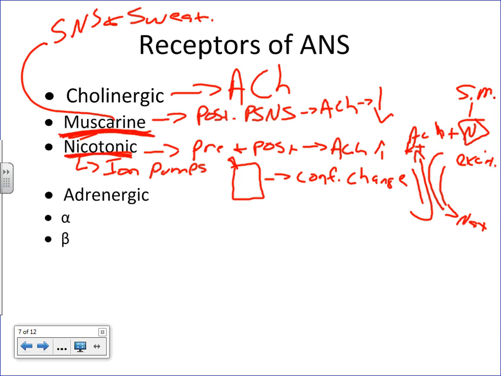All right, so the adrenergic receptors. These are essentially broken down into two classes, alpha and beta, and there are subclasses of these as well. There's alpha 1 and alpha 2, and these receptors are going to be found in different locations. Alpha 1 receptors essentially are going to be found in vascular smooth muscle